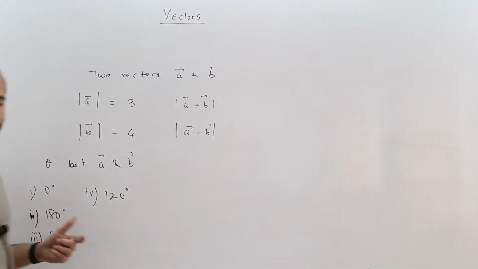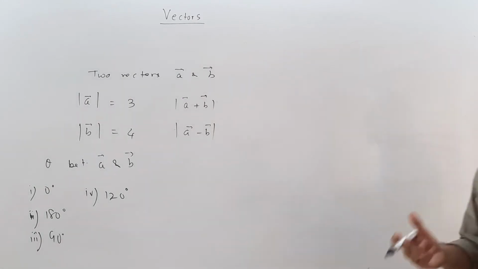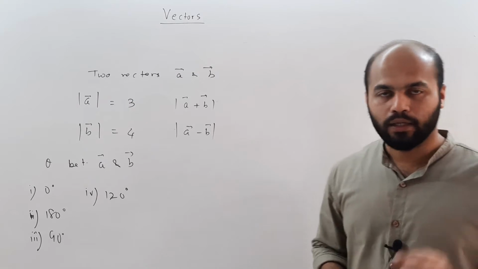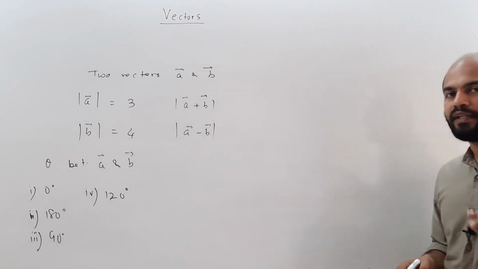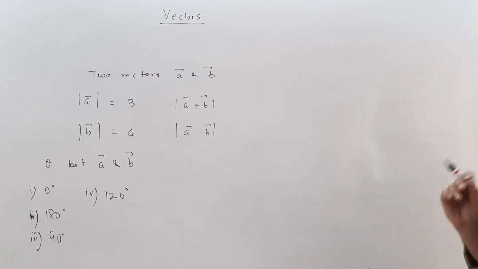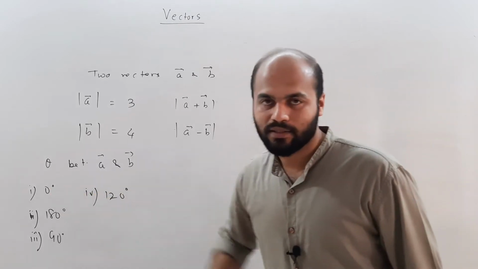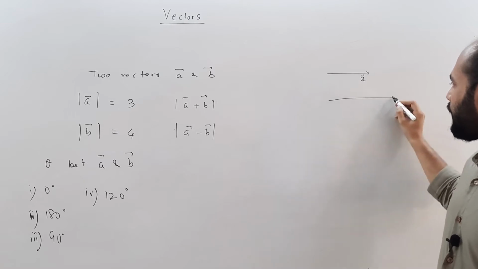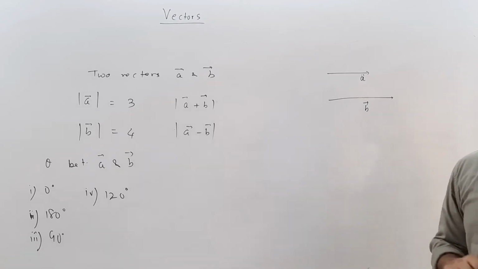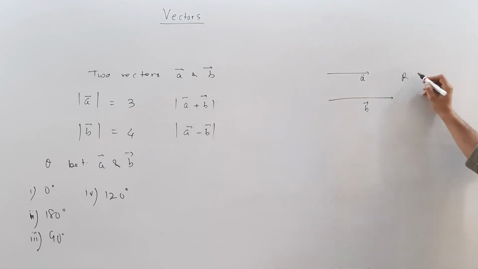So the magnitudes are given to us, and we have to find the value of A plus B. Let's actually see: first we'll apply the parallelogram law of vectors and then we'll verify through a diagram. You will find it very interesting that both the answers match. So for A and B, the first time the angle is 0, which means that A is this, let's say, and B is this. So graphically we know that both can be added straight away. That is, the resultant would be straight A bar plus B bar.